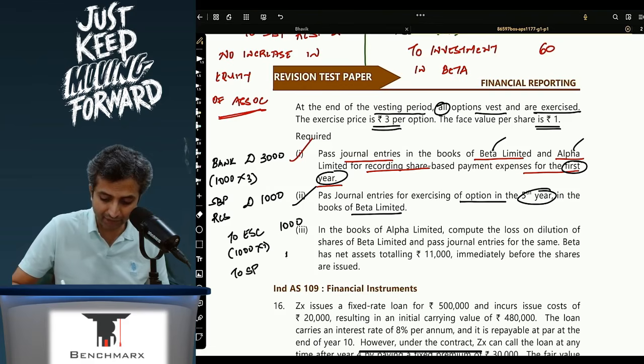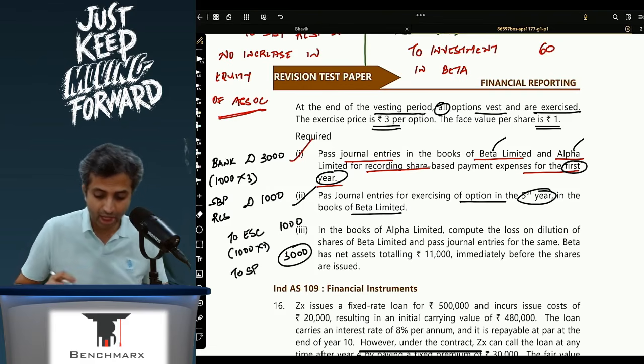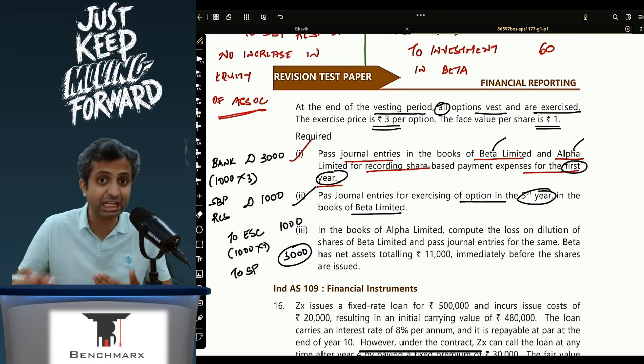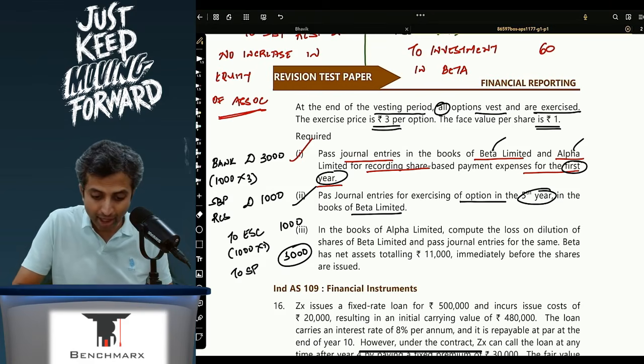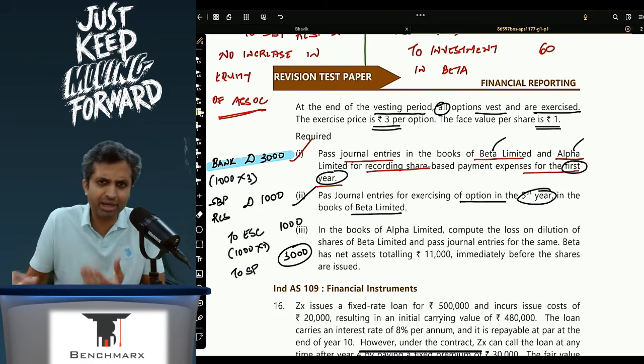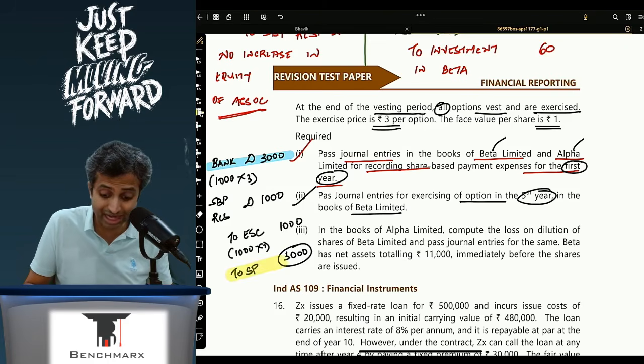This is a balancing figure. I think this is equal to 3000. So if I go to see, due to this transaction, is there a net increase in the net assets? Well, my assets increase by 3000. So my assets are increasing by 3000. And what about my liabilities? There is no change in the liability, but my net worth, equity, is increasing by 3000 plus 1000, that is